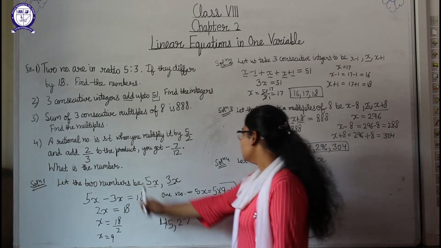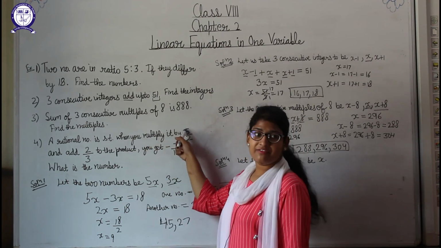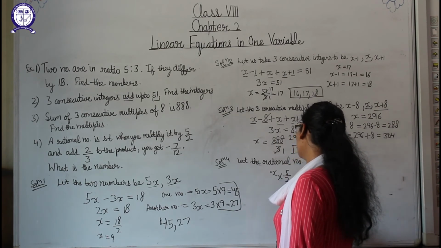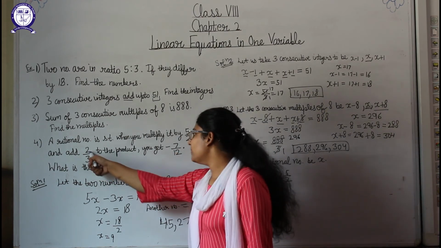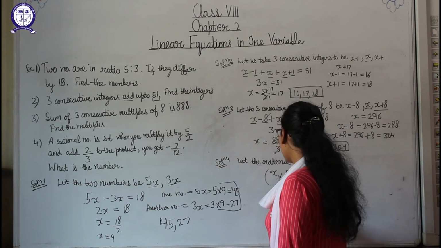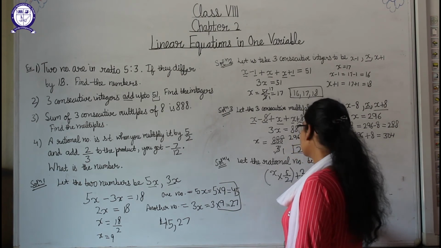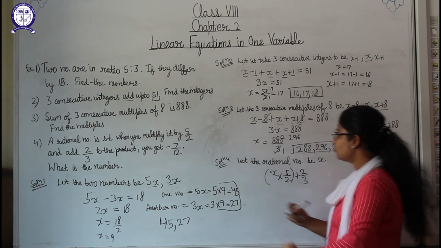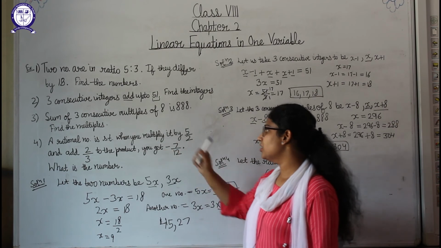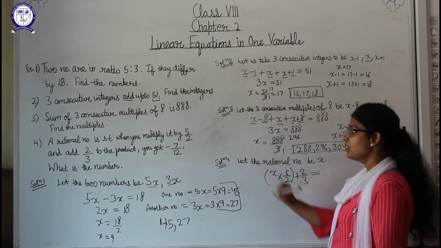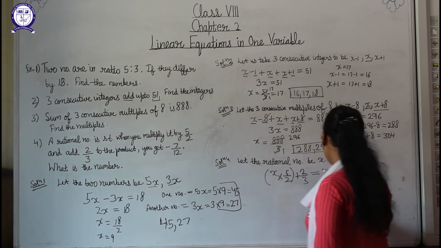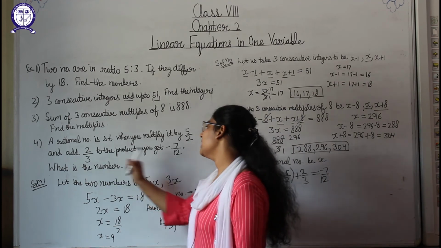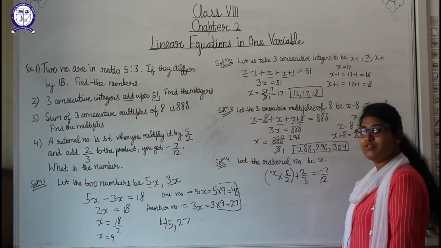Now it will be multiplied by 5 by 2. So x is multiplied by 5 by 2. Okay, now add 2 by 3 to the product, which means we have to add 2 by 3 to the product. This is the product, that's why I have put it in brackets. Now we will add 2 by 3 to it, as given. You get, means equal sign, minus 7 by 12. We will get our answer as minus 7 by 12. Okay, so what is the rational number here?